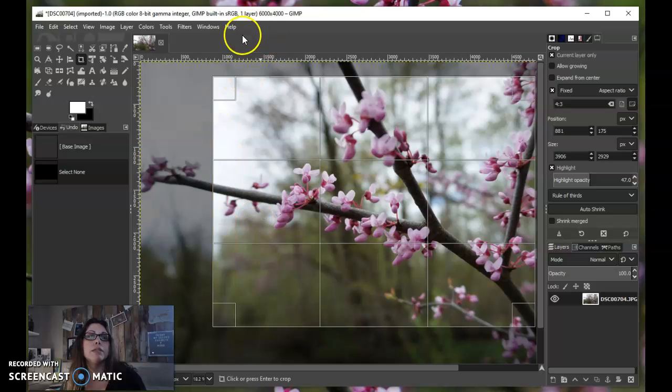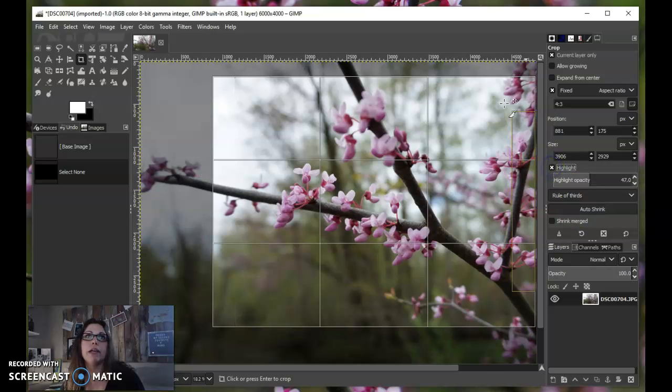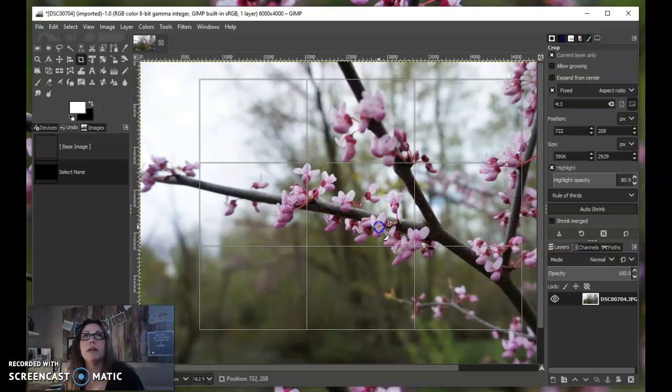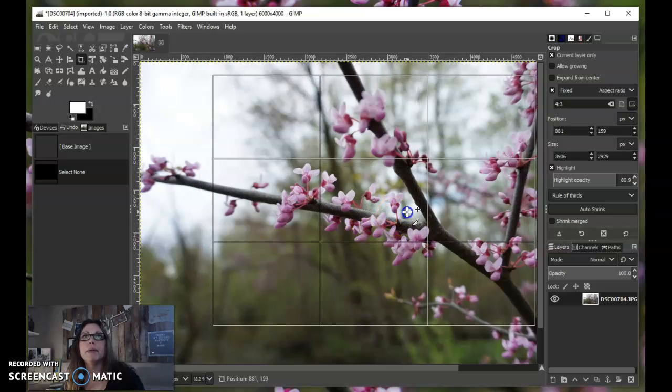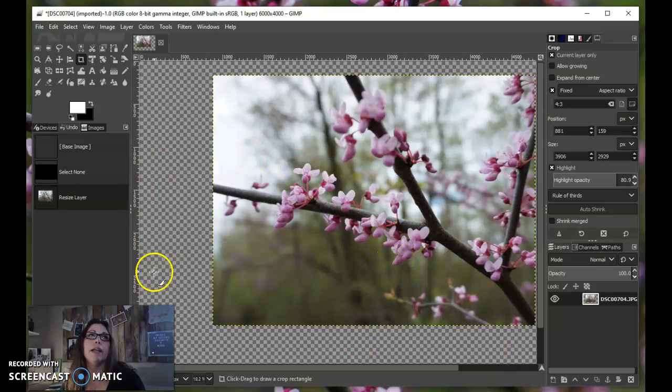When I click off of it is when you get this grayed out area here. That might be something you need to click on. If it's not clicked already, click highlight. What that's going to do is put that shadow around the area that you're cropping so you can really see what you're keeping. You can make that darker or lighter, whatever works for you. I like it a little bit darker so that I can really see what I'm getting rid of and what I'm keeping. When you are done, you can click the Enter key, and that will go ahead and crop